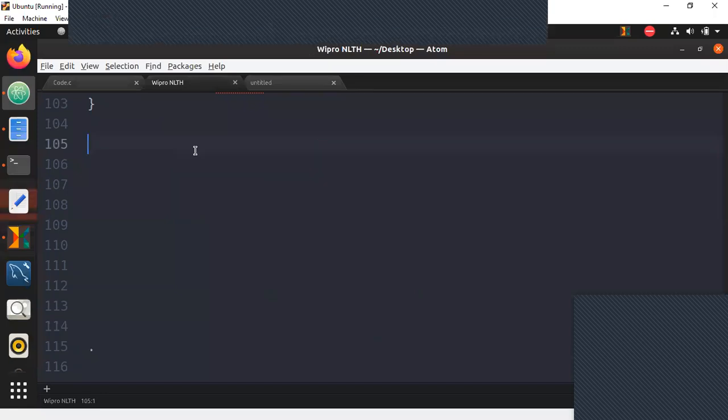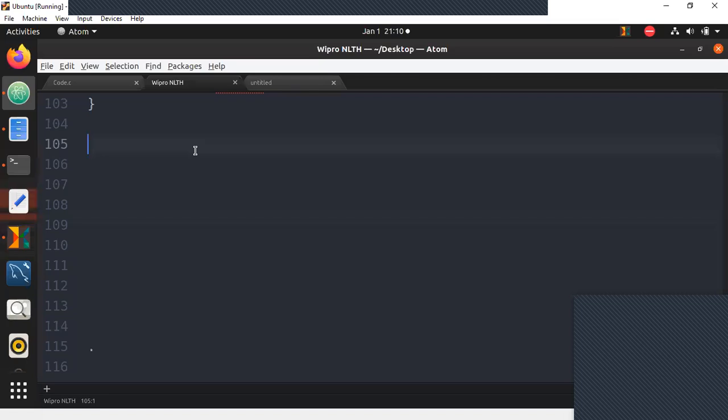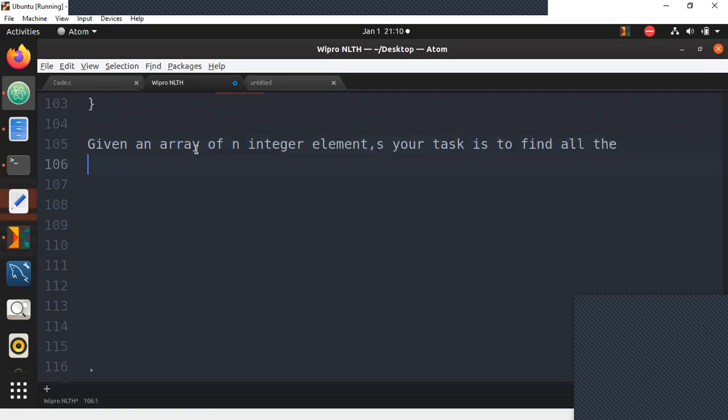Now observe. This is the next program we're going to go through, and observe this very clearly, guys. Given an array of n integer elements, your task is to find all the composite Fibonacci series values of the array.